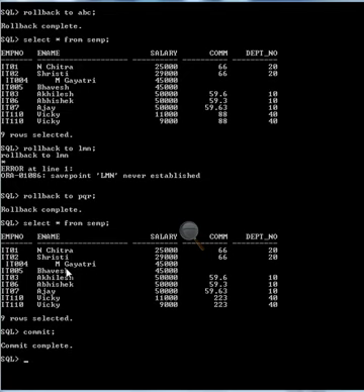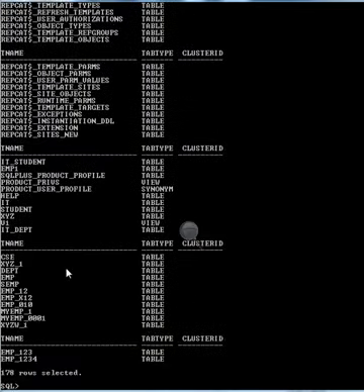Let's see any table. Select star from tab, we have table xyzw_1. Try to drop that table.